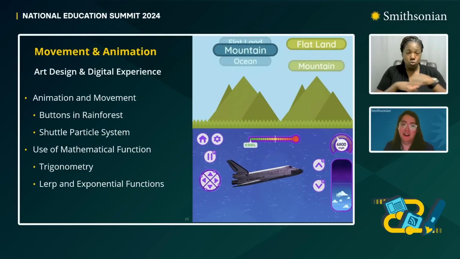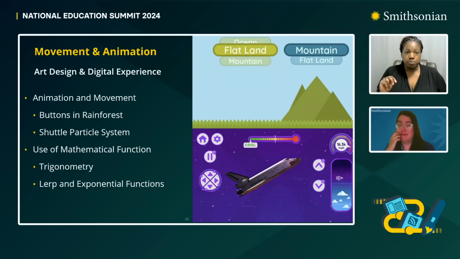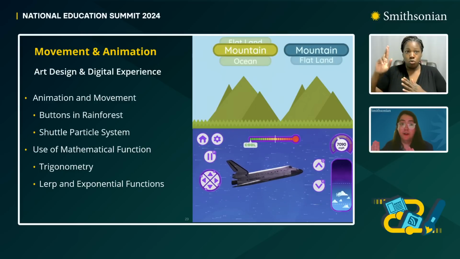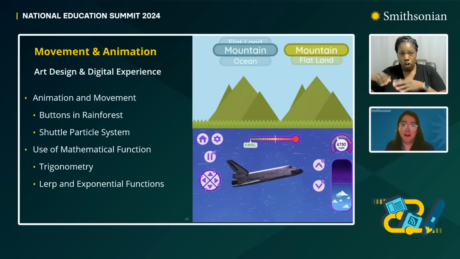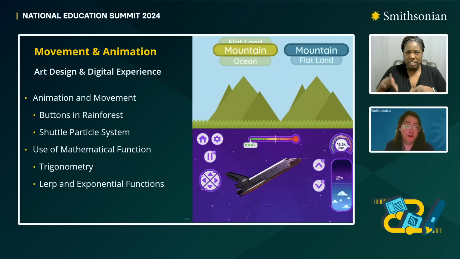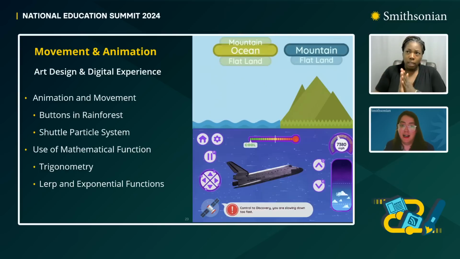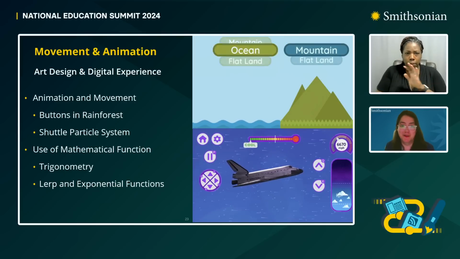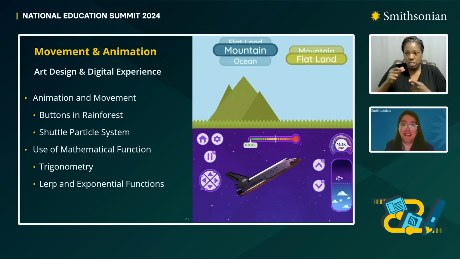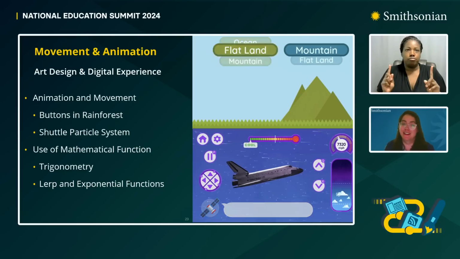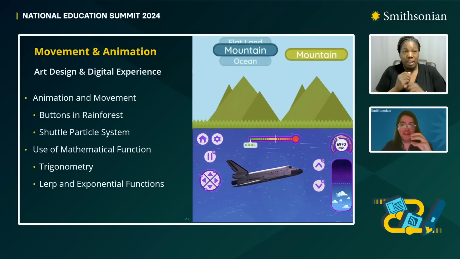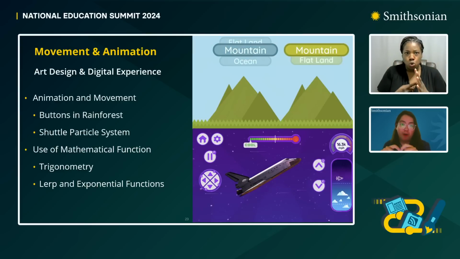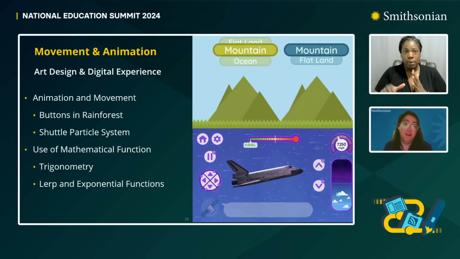So the animation we have there at the top right is a great example of that for Rainfall Sandbox. We used to have a very static button there that allowed you to change the land to a mountain or a flat land or an ocean. But it didn't really convey exactly what it did until you press the button and just figured it out. And so in an attempt to make that a bit clearer, we decided to use actual text and have this carousel effect that made it clear what your current selection is, but what the other options are that you can swap to.